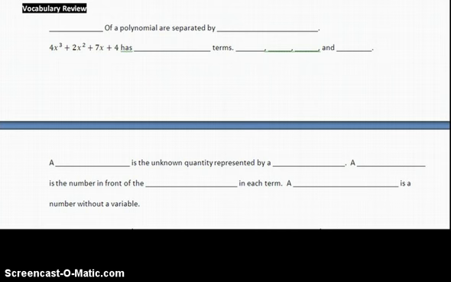This is just simply a review of some vocabulary. We did this back in our Algebra 1 unit, but I just wanted to refresh everybody's memory. First off, terms of a polynomial are separated by addition. So in 4x to the third plus 2x squared plus 7x plus 4, this has 1, 2, 3, 4